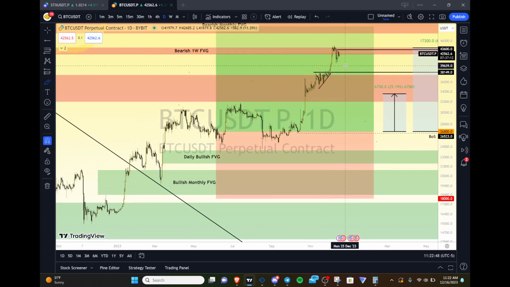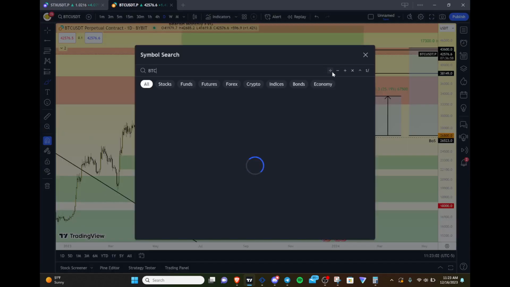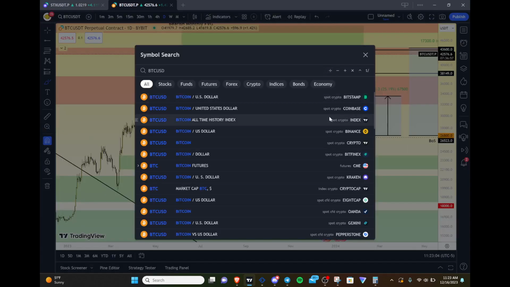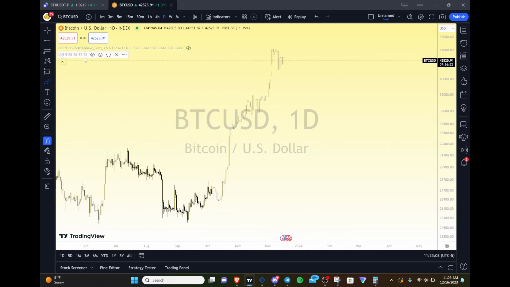Why is that a whole big game changer? Can it still be a bear market if we have 50,000 and dump? Absolutely. However, if we were to do that, we would do something for the first time that we've never done before. So let's go over to Bitcoin, the index chart, because there's more history and it doesn't have any drawings, okay? So let's take a quick look at Ichimoku.